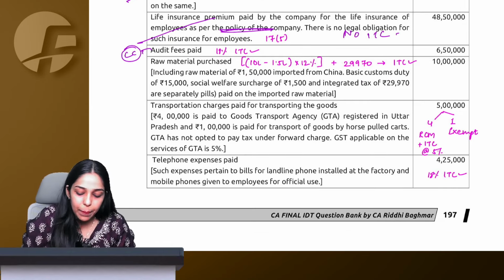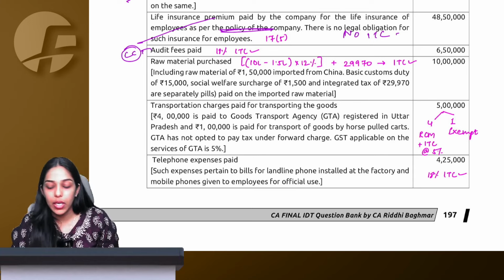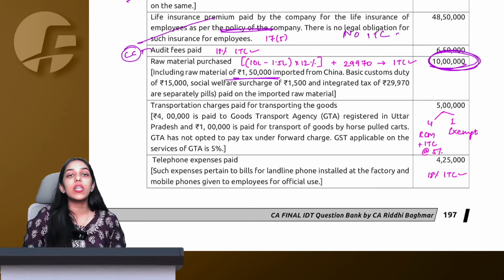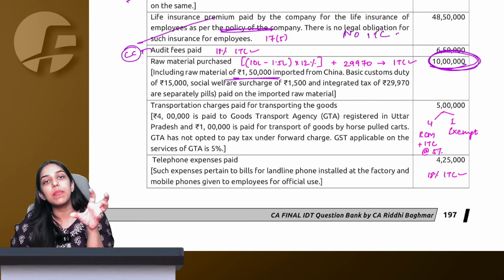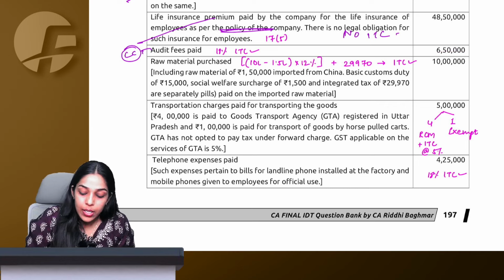After that, raw material purchased, including raw material of 1,50,000 imported from China. Basic custom duty of 15,000, SWS and IGST already paid on this imported material. So understand, 10 lakh is the total purchase, out of which we will reduce 1.5 lakh because that is import on which we have already paid the GST, which means we will simply take the credit of that amount. We are not going to pay it again under RCM because it is already paid at the time of importation. So directly